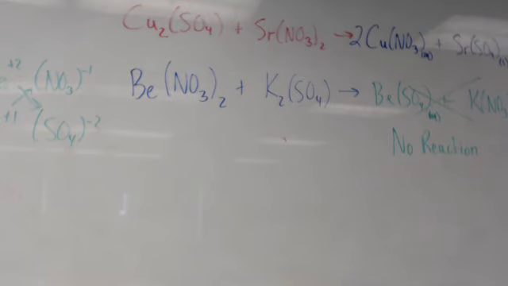You still need to go through the entire process. You still need to indicate that there are 2 aqueous, but in reality, no reaction happens because everything just remains free-floating ions. The lab that we do coming up is going to have this situation where you have to decide whether a reaction happens or not based on the precipitate. Okay, so the only difference is that nothing really happens even though you still